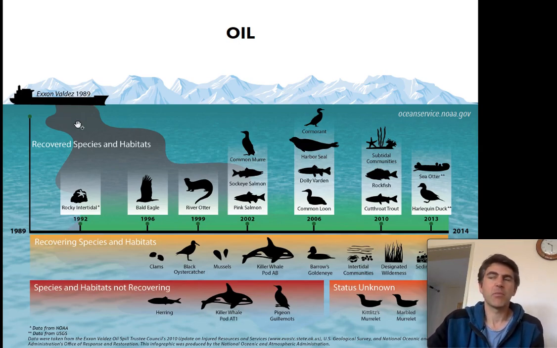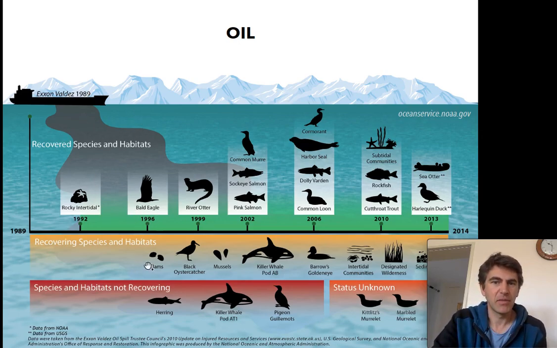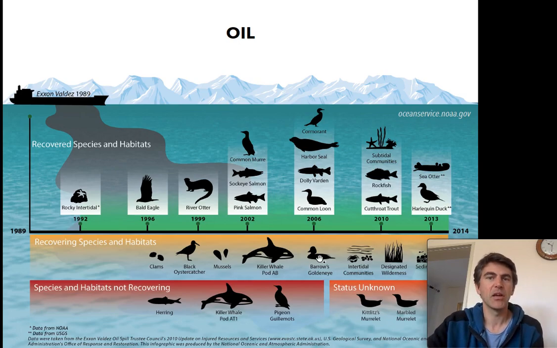This affected something like 28 different types of environment in terms of animals, plants, these kinds of things shown here, different kinds of communities or species, habitats. 28 different ones were affected here. It was a very large oil spill,